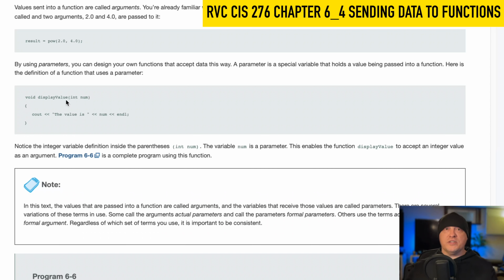So all we're saying is that our function will not return anything. That's its void type. It is called display value, and it receives a parameter list that is int, which we refer to from here on out as num. Then if you look inside of the function body, you can see I am displaying the value of num is, and then I insert the num variable there,